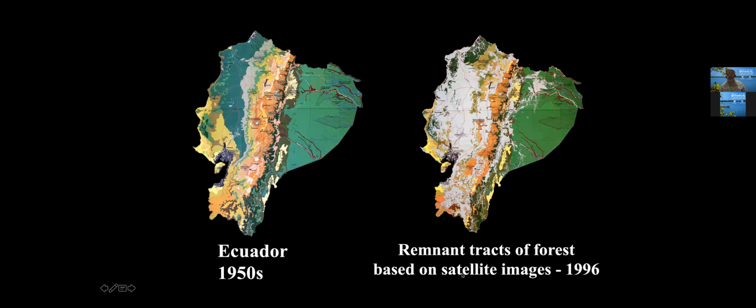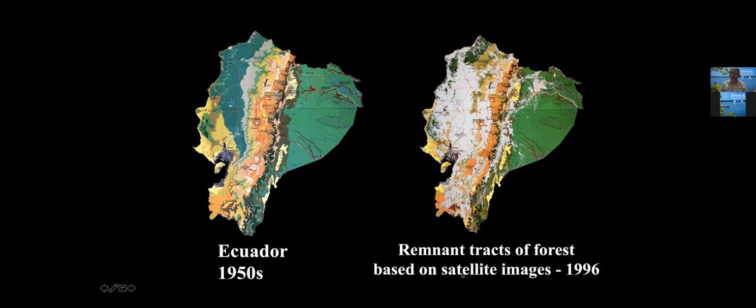Now, before the students present, I just thought I'd present two broader pictures about the plants. The plants that they're sharing today, members of the flowering plant family Gesneriaceae, come from critically endangered areas. If you look on the left, this is a map of Ecuador. It's what Ecuador would have looked like vegetated in the 1950s. And if you look on the right, you'll see a vegetated Ecuador in 1996 based on satellite images. Especially west of the Andes, there's very little rainforest left in those areas.